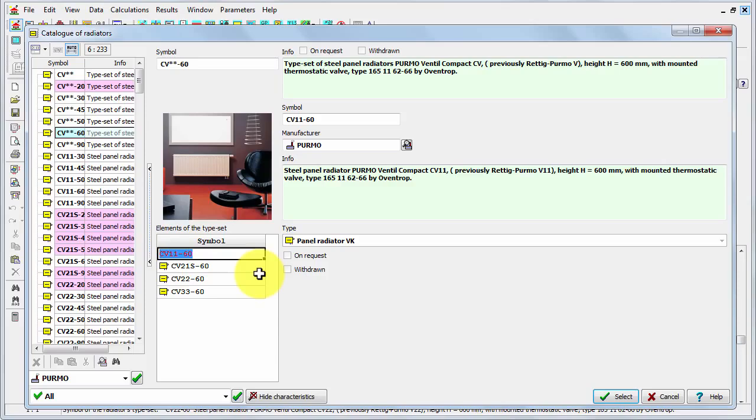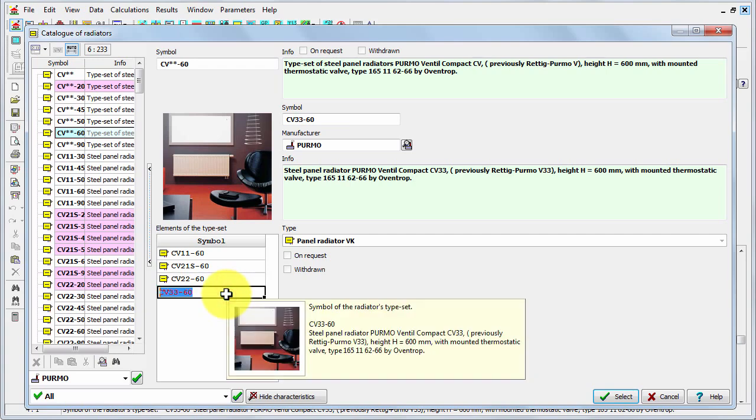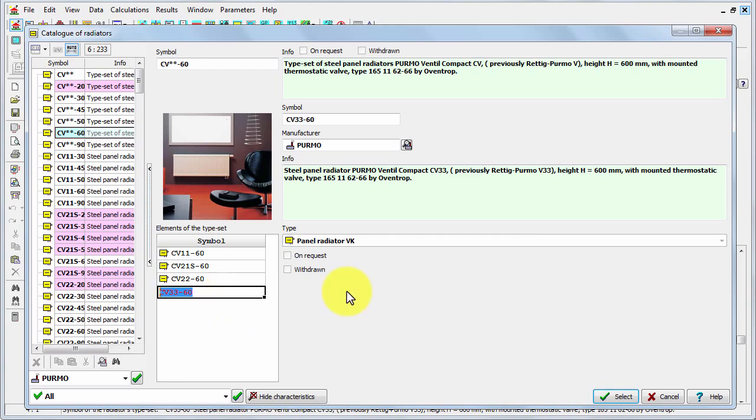But the program will be able to select not only the length, but also the number of panels. The program will start with this first one, with just one panel, and if that won't be enough, it would go to the other, and so on, until it selects the appropriate radiator. So let's say that we wish to select this one. So I will click the button Select,